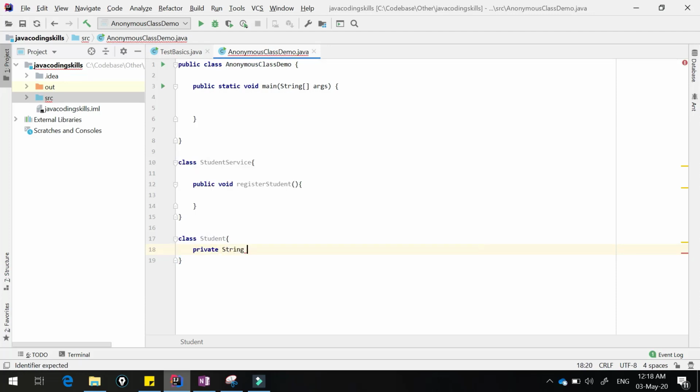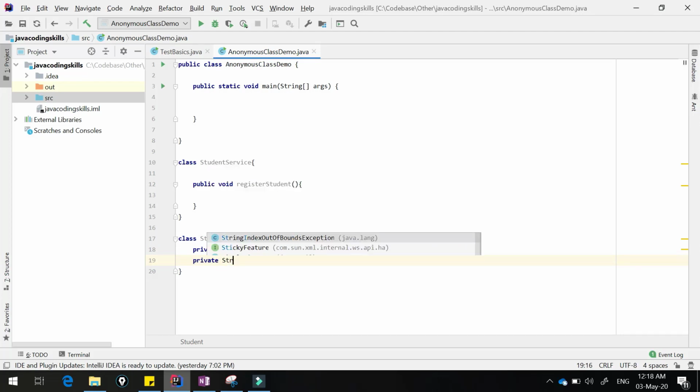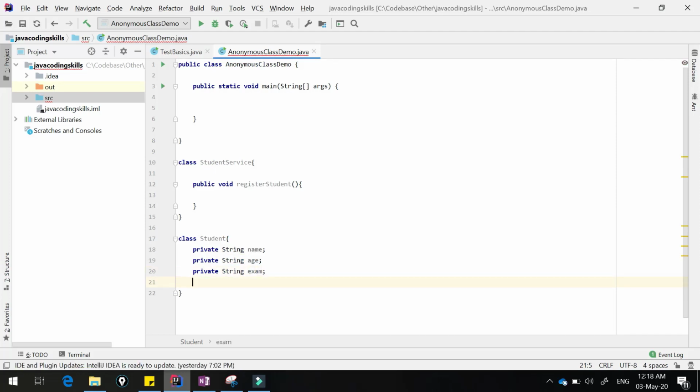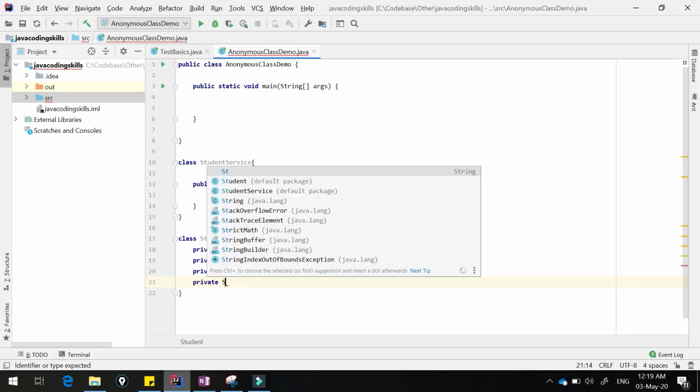Private String name, private String age, that's all. Exam and all, I'm not going to take an exam object, rather just a String exam.